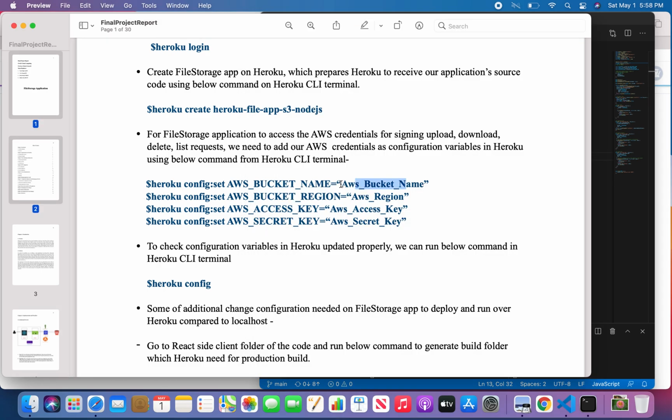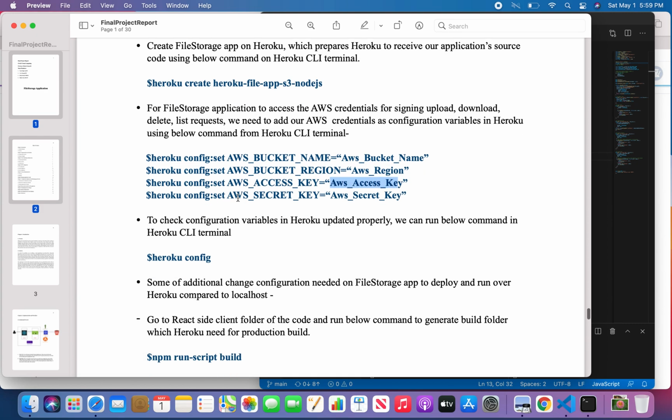Here you can define each and everything, like your AWS bucket name, using heroku config:set. Then heroku config:set AWS bucket region, where you provide your AWS region, and again heroku config:set. These are the commands basically. Here you provide your AWS access key, and with config:set, here you provide your AWS secret key.